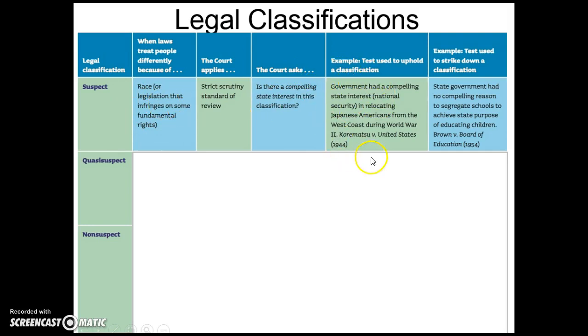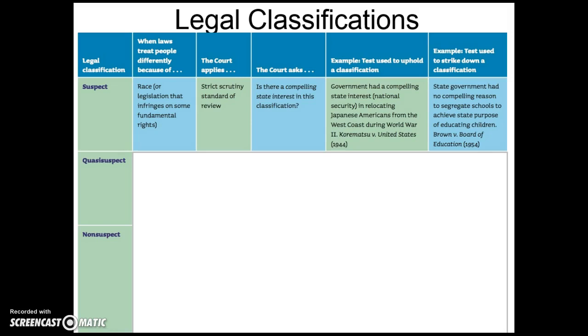So if you look at an example of when this was upheld, there's a court case called Korematsu versus the United States, which was when Japanese Americans were put in internment camps, and the Supreme Court actually upheld treating Japanese Americans as different, even though they were a suspect class, because there was a compelling state interest in national security. But most of the time, like in Brown versus Board of Education, there's a pretty high standard for the government to prove there's a reason to hold people to different expectations if it's based on race, ethnicity, and religion.